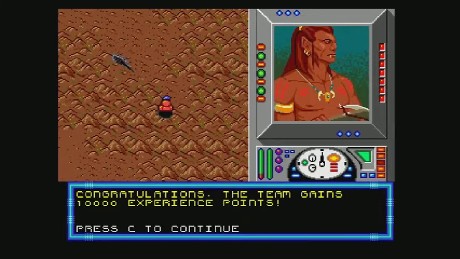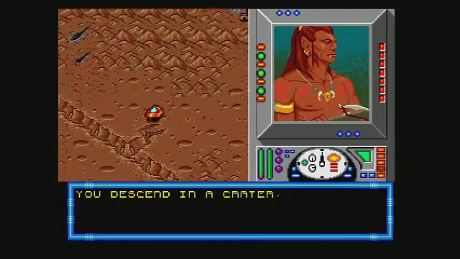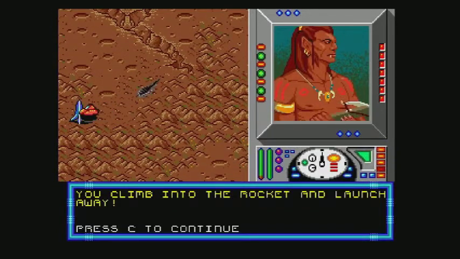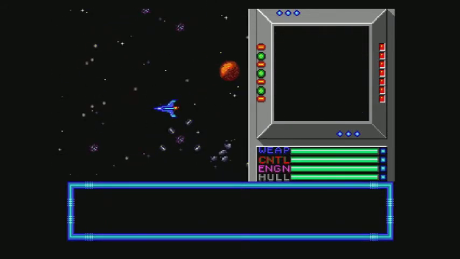You might notice that experience points through events haven't really happened in this area. It's sort of a good reason, because I think by now they're expecting you to be close to level 8 and they don't want you to get to level 8 too quickly. But we climb in the rocket and we launch away. Let's head back to Salvation, or...